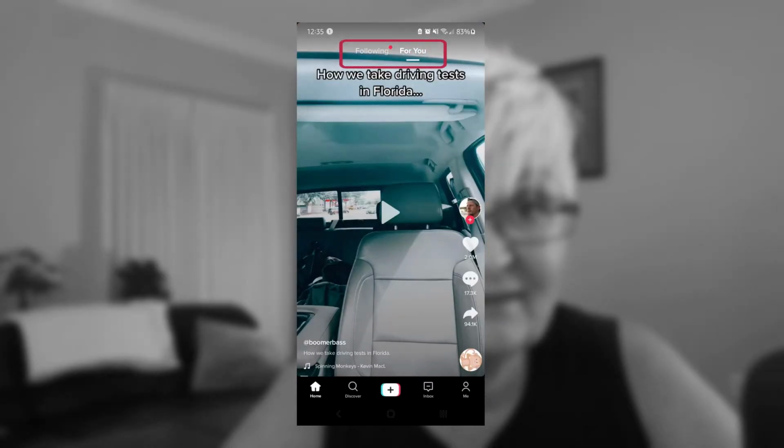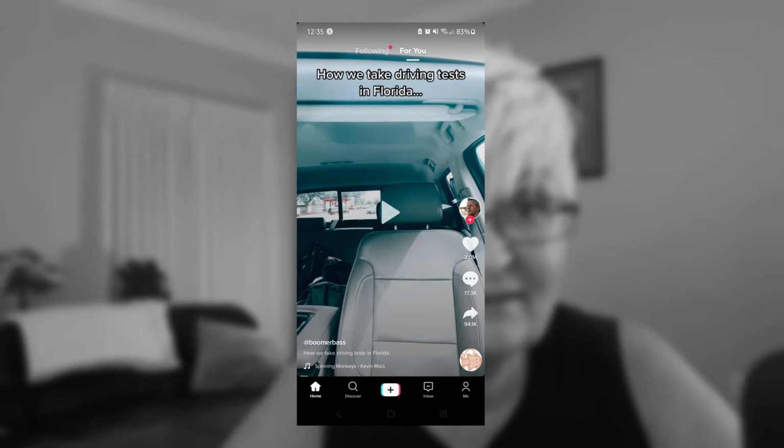At the top we have following, and for you. At the right, by clicking on the person's profile, you can add a channel to your favorites. The little heart is a like, you can leave a comment, you can share to other social media, and you can check the sound by clicking on that little thing at the bottom. At the bottom we have home, we have search, we have record, and then we have our inbox and your account. We are just gonna look at the first 3, and this is the home screen we are on now.